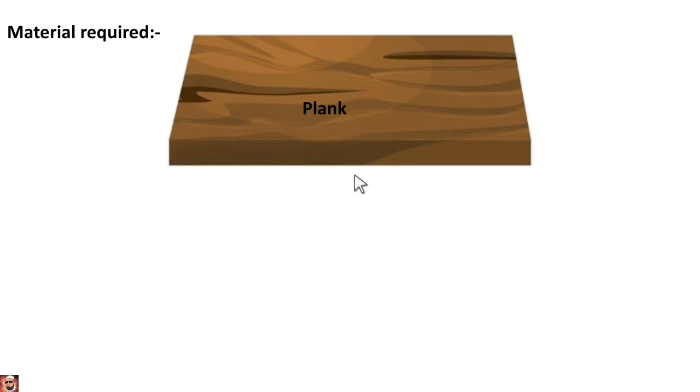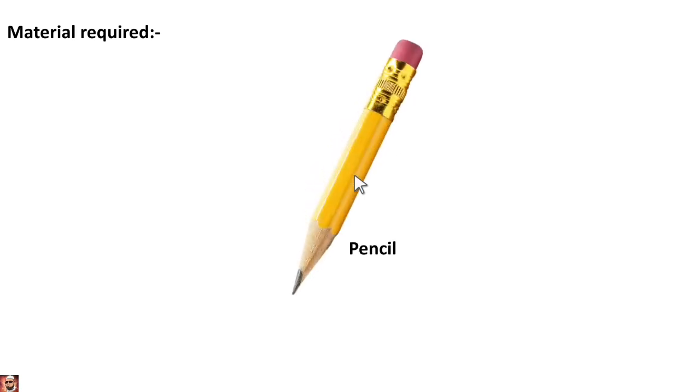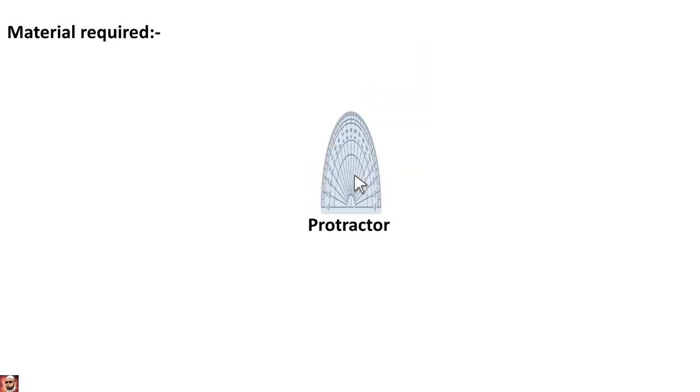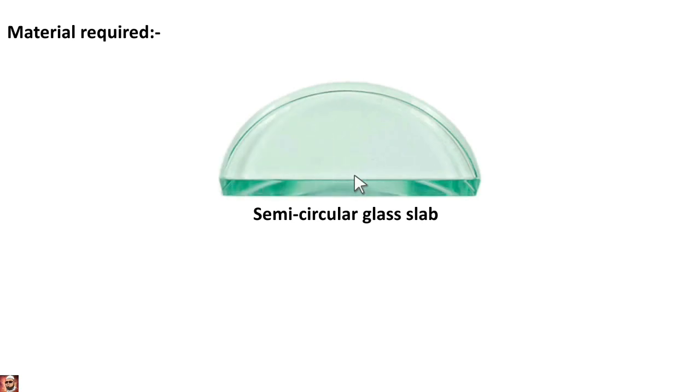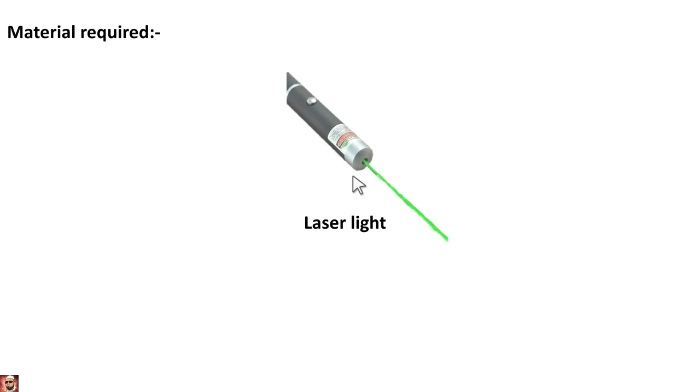So first of all, we will find the concept of a critical angle. To do this activity, the materials we require are a wooden plank, scale, pencil, protractor, semicircular glass disc or glass slab, and laser light. Procedure: